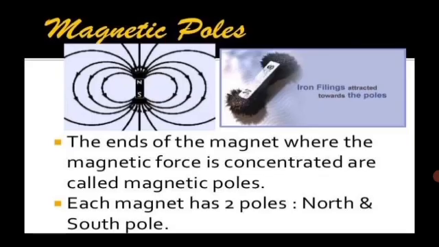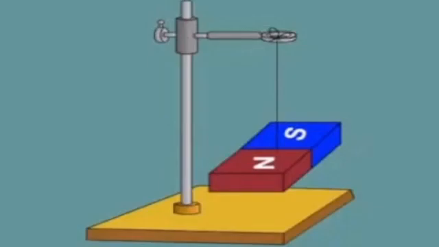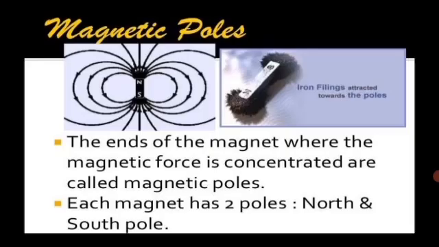Now, different characteristics of magnets. Let's try this. Determine the direction in the class or a laboratory. Tie a thread to the center of a bar magnet and hang it from a stand. Note the direction in which the magnet settles and turn it around again. Let it settle and note the direction. Do this many times. What do we observe? We'll observe that a magnet always settles in the north-south direction.